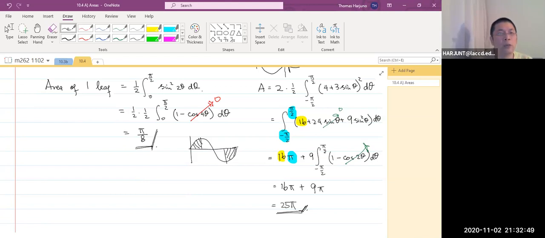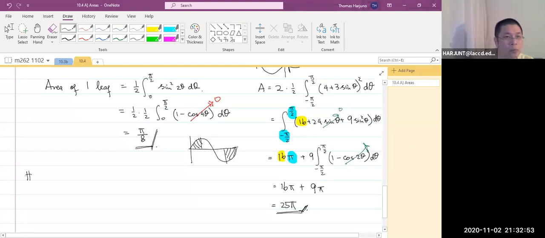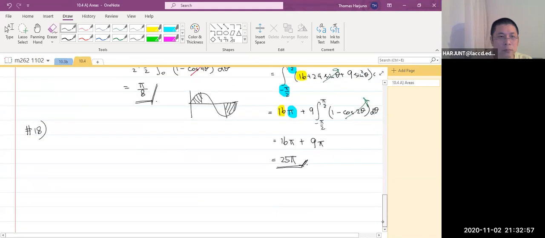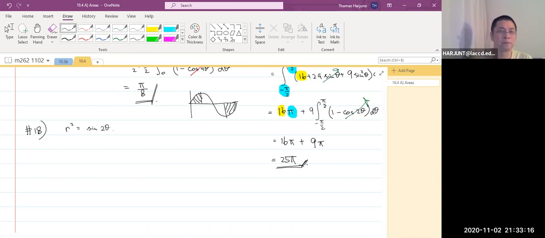Number 18 will be quite challenging. Number 18, I don't even know what this would be. Suppose I ask you this question, then how will you do it without a graphing calculator? Thomas, how will you do it? Okay, let's try. This actually means